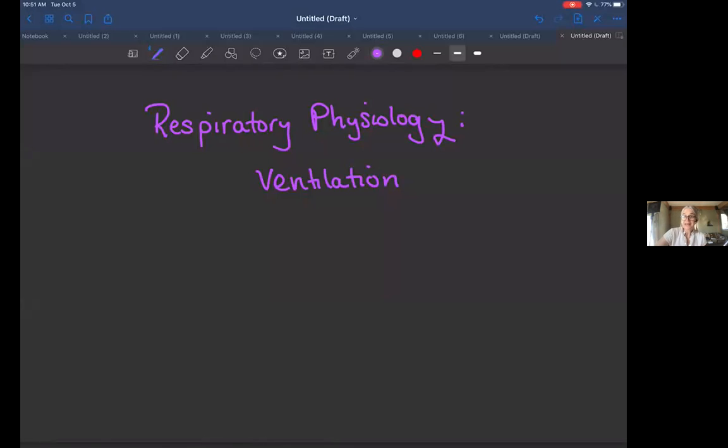So we can talk about the mechanisms which refer to the physiology of respiration. And so the first thing that we need to talk about is ventilation. So remember that we need to be able to get air that's rich in oxygen down to the alveoli in our lungs where gas exchange takes place. And then we need to get rid of that dead air, right? So we need to be able to breathe deeply if necessary, to ventilate,